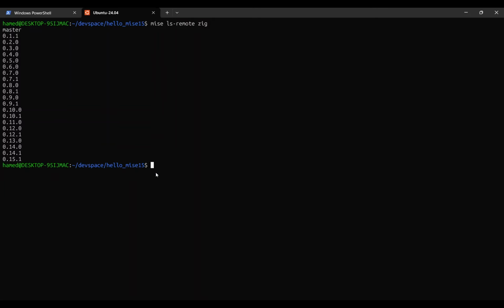So I can type in mise use zig@latest, but it may have some problem tomorrow if the version has changed from 15.1 to 15.2, then that particular version will be downloaded. So instead, what you can do is, you can be specific. 15.1,